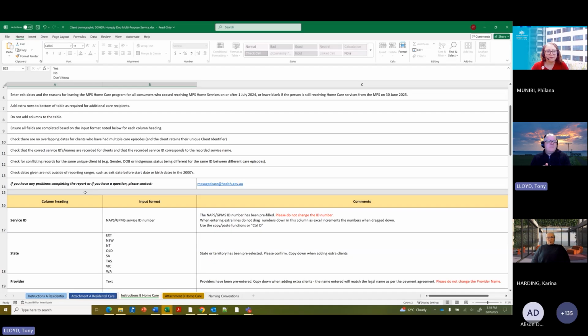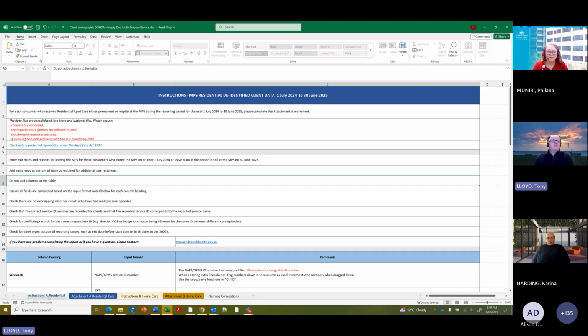That will still not be complete, because obviously you've had clients that may have joined the MPS service or left the MPS service prior to the deeming process occurring this calendar year. So hence we need to go out and seek all that information to get a full and complete picture. So I'll first start. The spreadsheet that we send out to you, because it's pre-completed, will have instructions for the